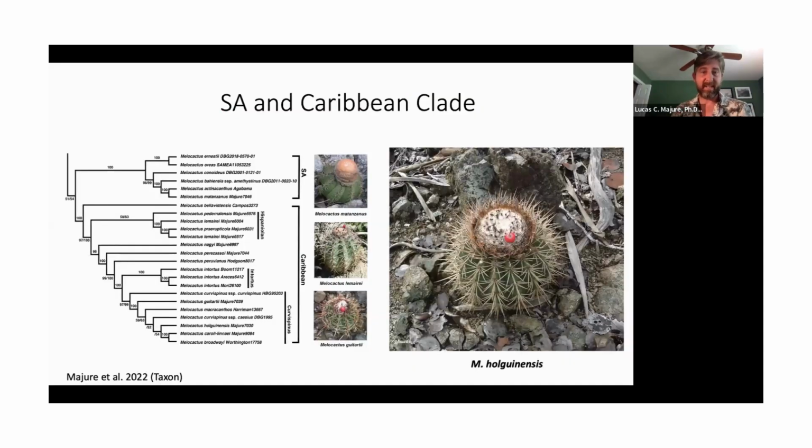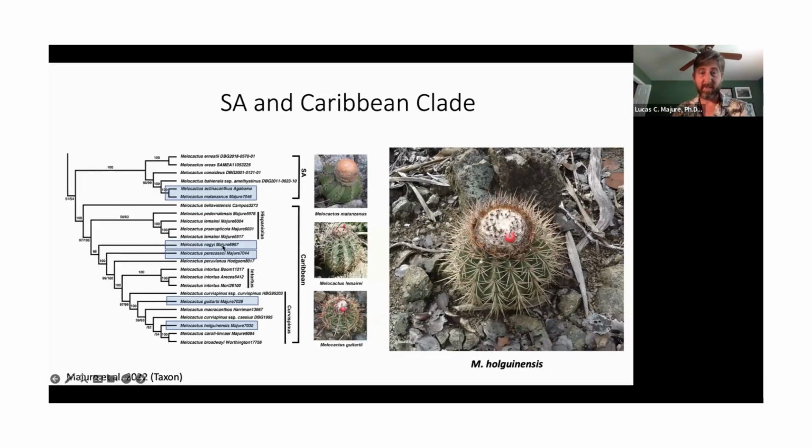So the South American and Caribbean clade here, just to go into a little bit more detail, what we see with regards to the Cuban species is they fall out kind of all over the tree, right? So we've got Actinocanthus matanzanus, which now we actually think are the same species. They're just showing a little bit of variation in spine coverage. Those are falling out in this purely South American clade. And so this is a very clear long distance dispersal event from a close relative from South America into Cuba.